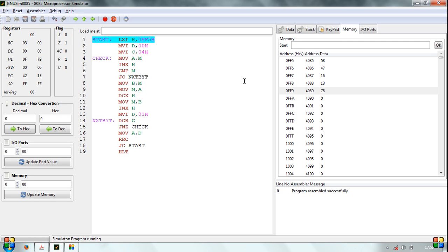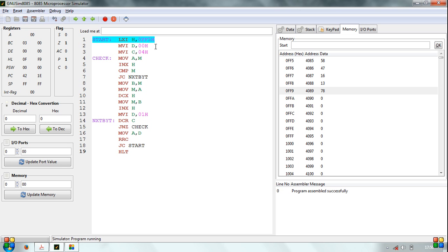The number of comparisons necessary is always n-1, where n is the number of data bytes. Therefore, we need a counter of n-1 for one complete comparison. During the initialization phase, register HL is set up as a pointer that points to memory locations where data bytes are stored, that is 0FF5H in our case.